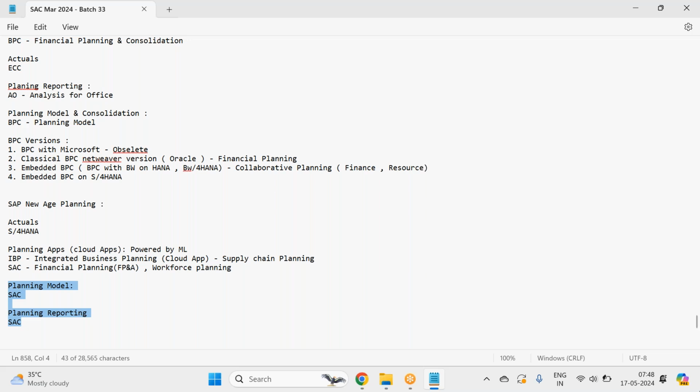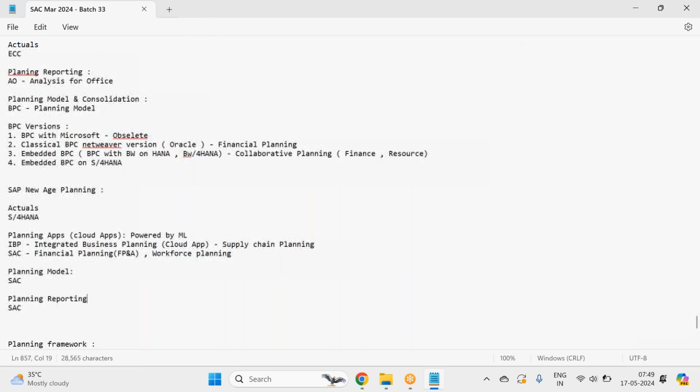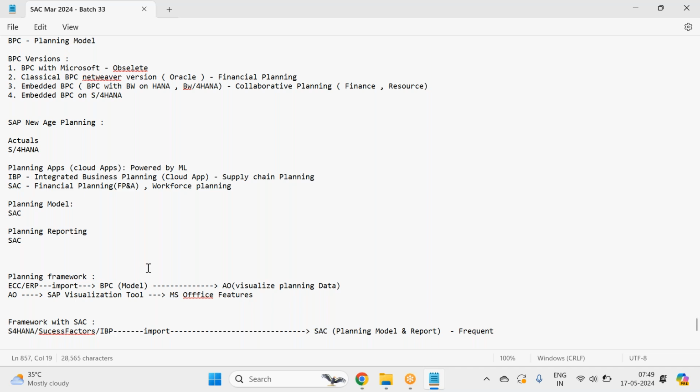Okay, we have the grid page, guys, which acts like an AO page, right? Grid page, if you remember, is more or less similar to Analysis for Office. Satya, one question here. We have the SAC add-on also, right? Now, what is the functionality of that in that case? The SAC Microsoft add-on, right? I'll cover that when I go to the reporting. Okay.